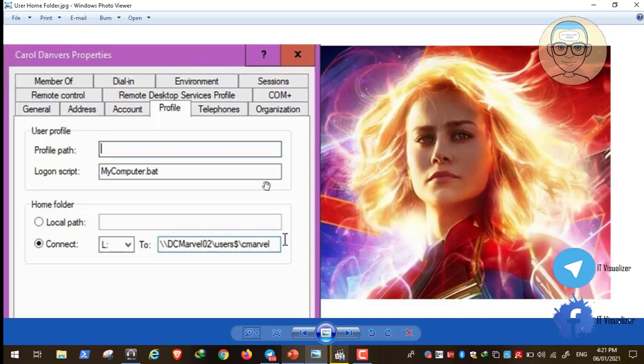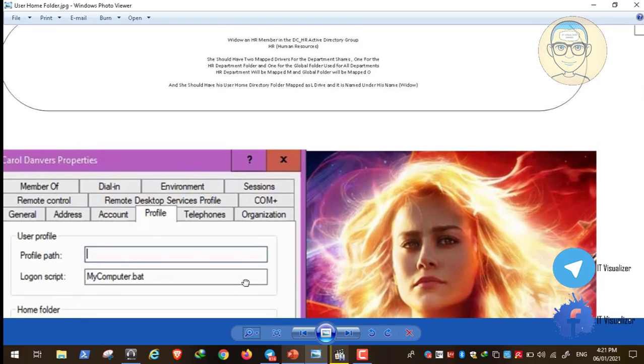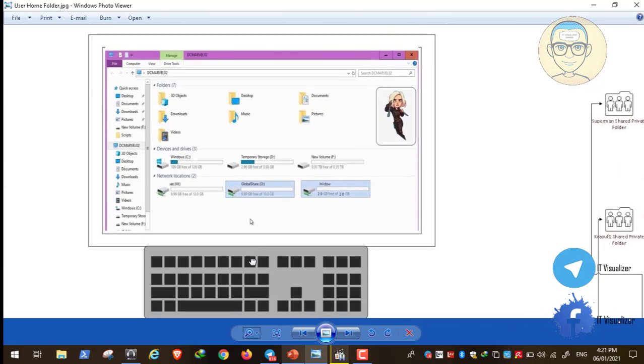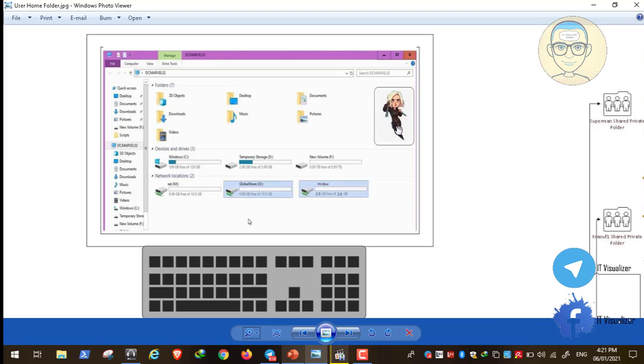And how will the user see it? He will see it like this. For example, here is a user called Widow. So this is a user in Active Directory that has an Active Directory username called Widow. So she will see her